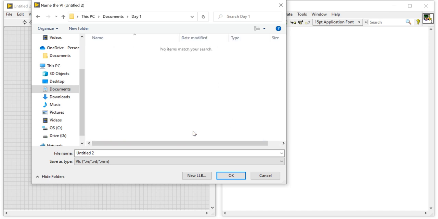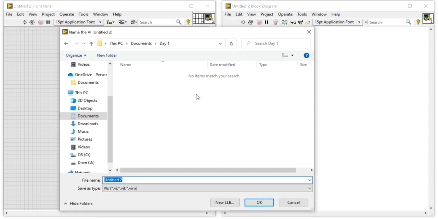Inside day 1, I am going to save my file. Now you can see this is untitled 2 front panel and untitled 2 block diagram.